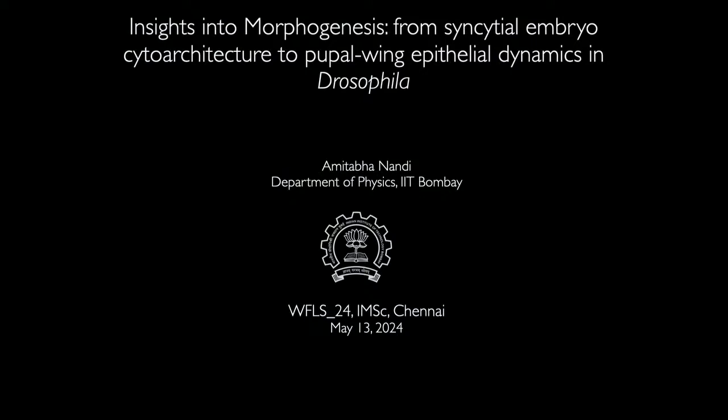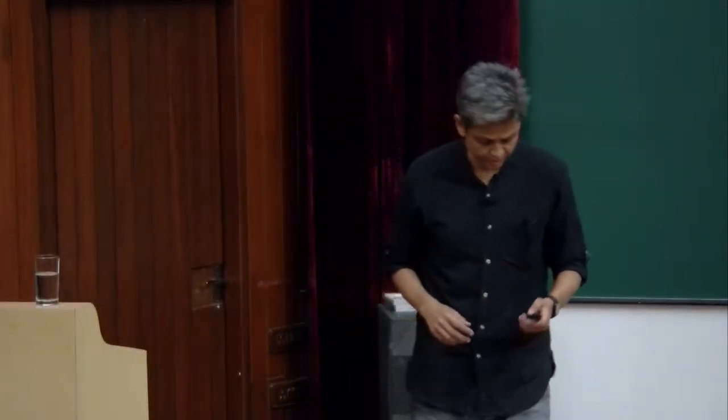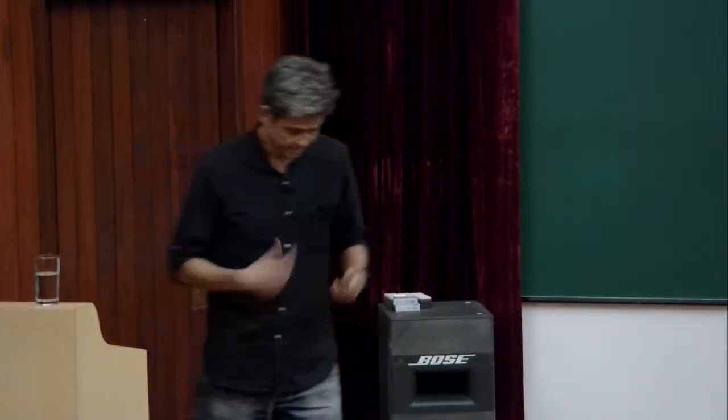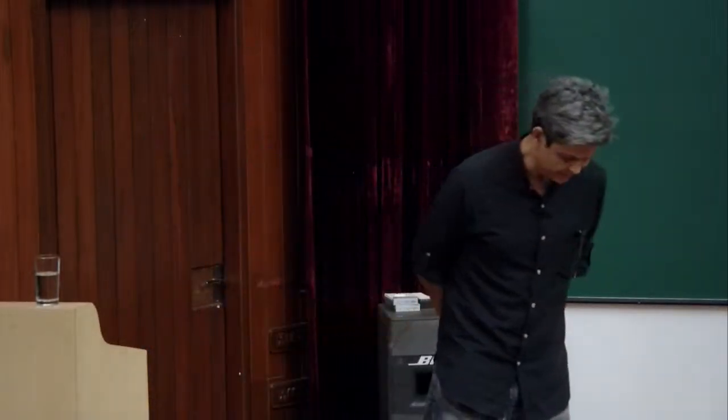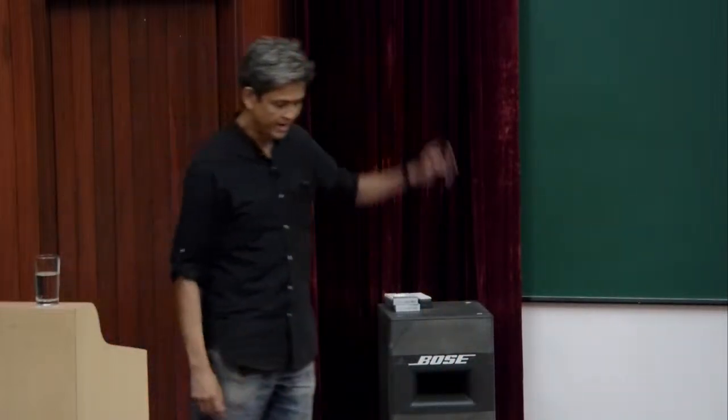But I think I won't have much time to actually cover both of these problems, and studying the syncytial embryo is rather new. So I will mainly focus on remodeling the wing epithelia problem, which is rather old. It has been a while that we worked on this problem, but I will focus mainly on that, and if time permits, I will discuss the